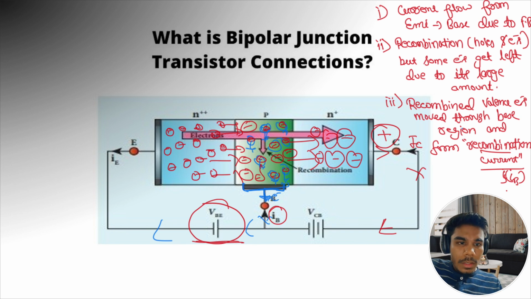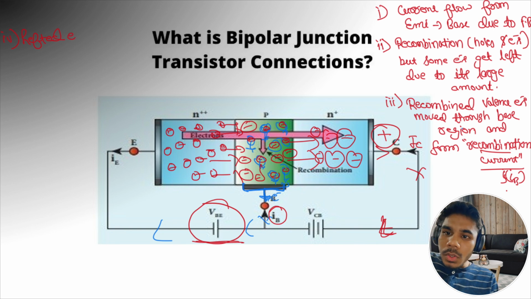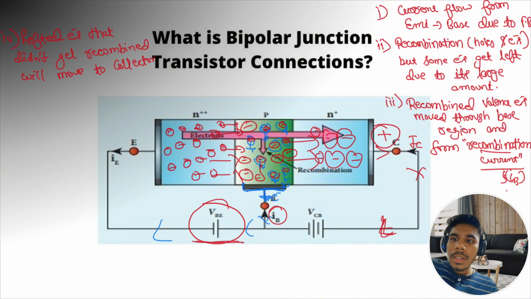So now the electrons get to the fourth step. The leftover electrons that did not get recombined will move to the collector. Okay, the leftover electrons that did not get recombined will move to the collector